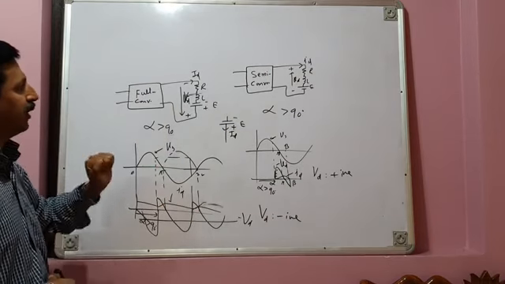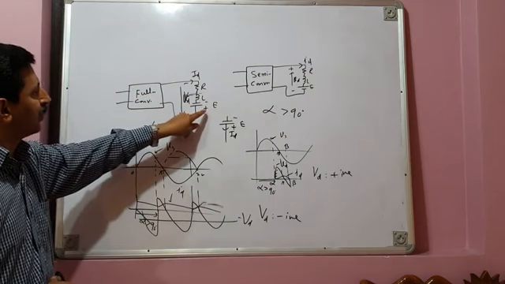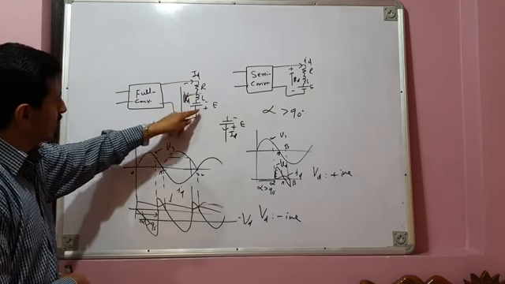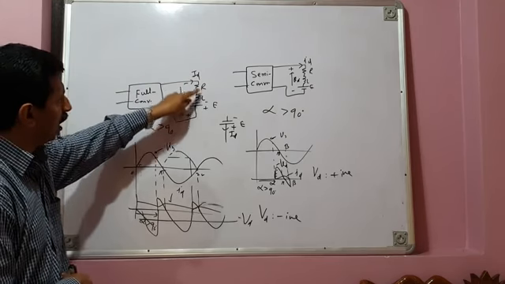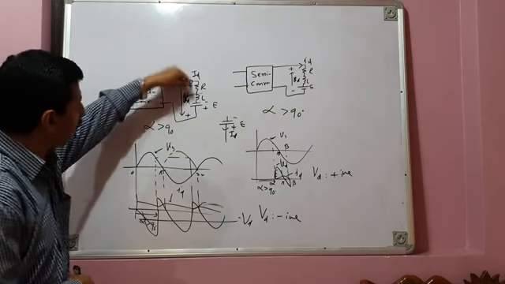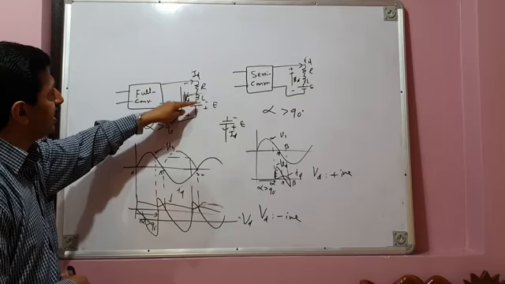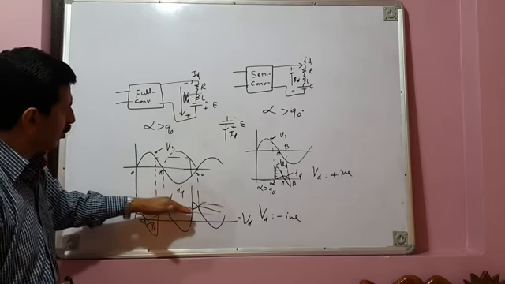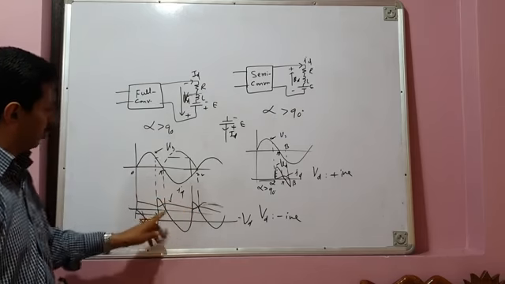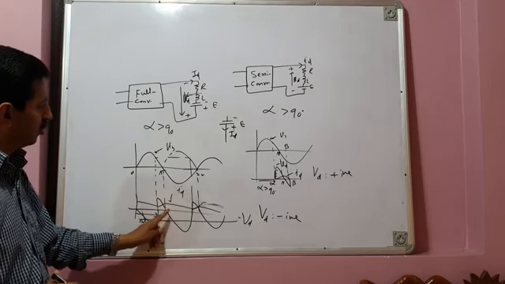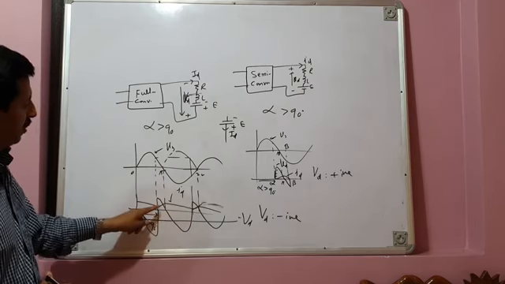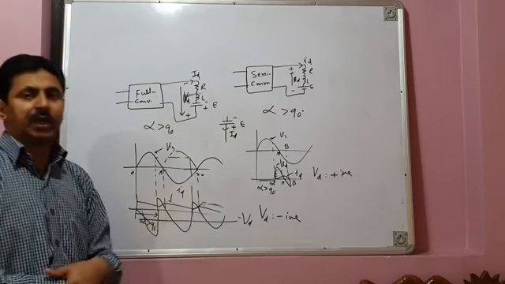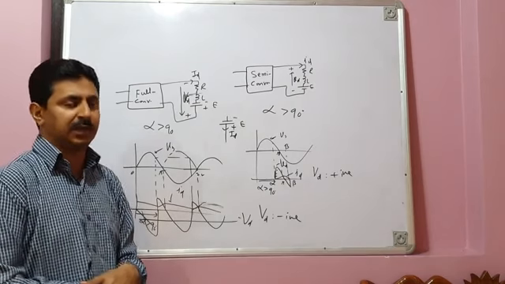That occurs in a full converter, because in a full converter, this E causes flow of current for a larger period. Since this E supports the flow of current, current does not become zero, it remains continuous. This gives continuous conduction mode of operation, and because of it, the negative segment of voltage becomes much larger than the positive segments, and average output voltage becomes negative, and hence the converter operates in inversion mode of operation.